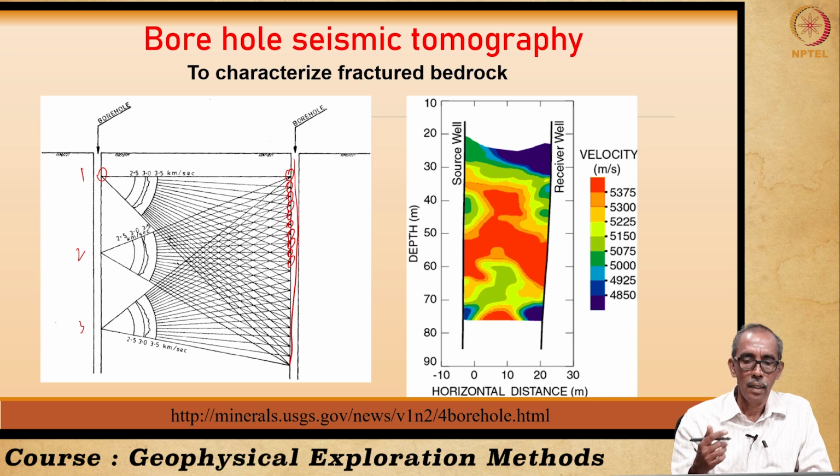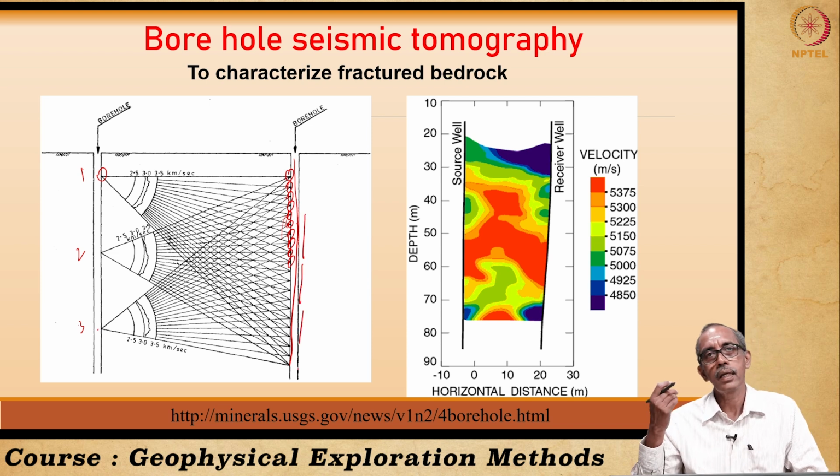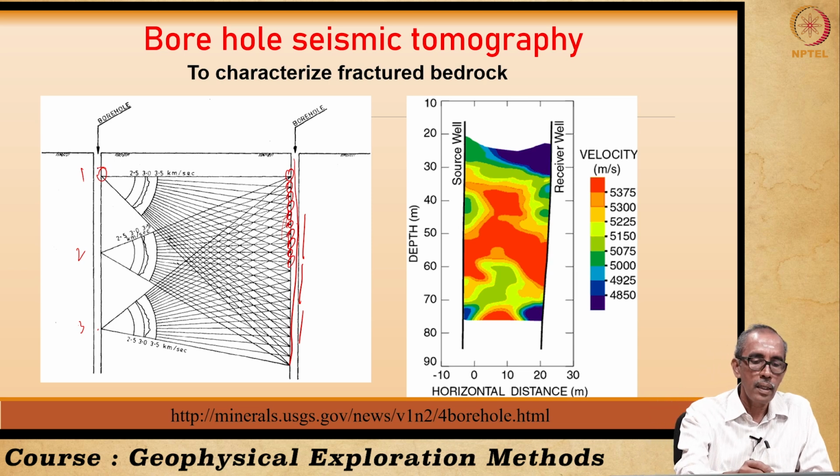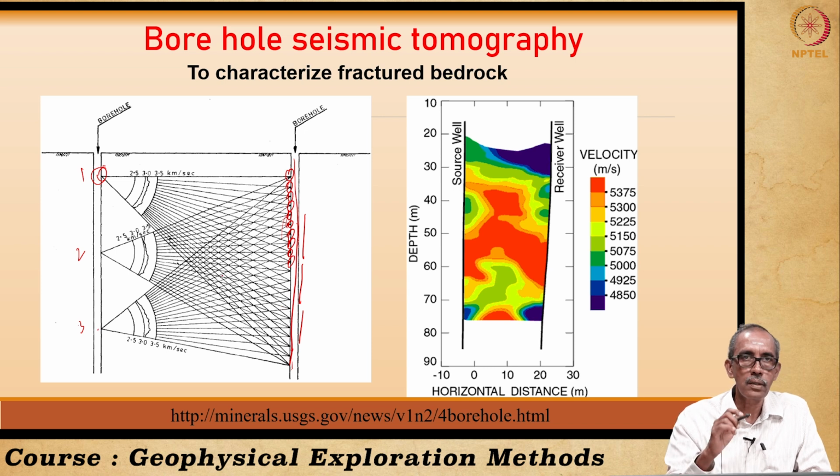You can do this by having a multi geophone cable, or we can repeat. Suppose you have only 4 geophones, we can keep 4 geophones here, make one sounding from this location 3, then lower the 4 geophones to the next level, then next level, next level. This is how also we can carry out the survey. So, ultimately what we have done is, we had the hammer kept at location 1, geophones at different locations on the adjacent borehole. So, one sounding was complete.